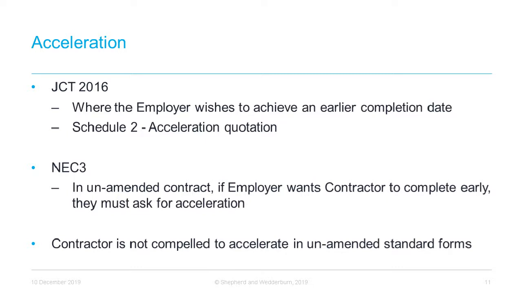With regard to NEC contracts, the process is similar to the JCT, with the contractor submitting an acceleration quotation stating the impact of the acceleration in terms of time and cost. The completion date will then be the completion date as amended. This is important to note, as if the completion date has been pushed out by a compensation event, particularly in a power project with a critical deadline, contractors may still be pressured to achieve the original completion date. However, under an unamended NEC contract, there is no requirement for that to occur.